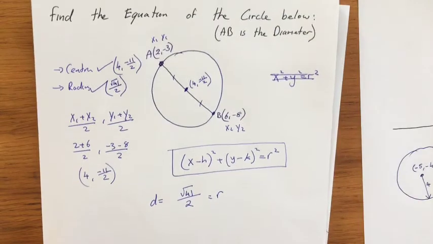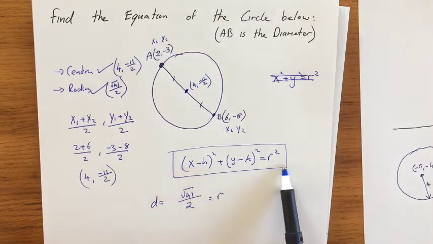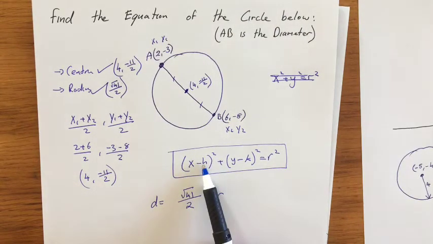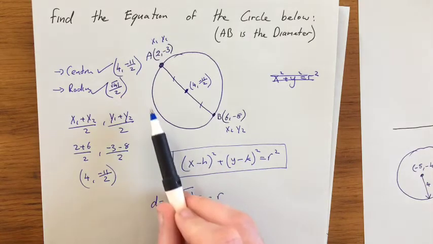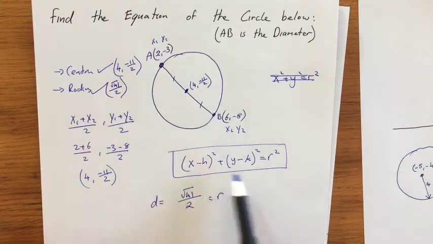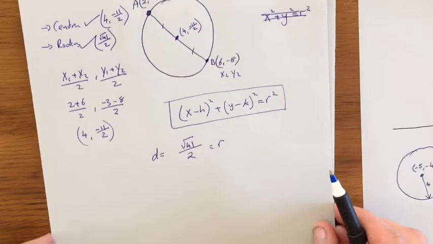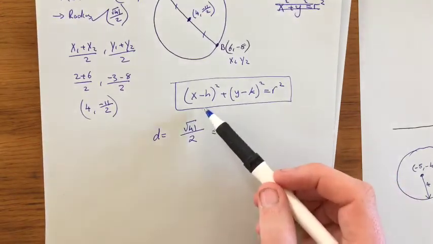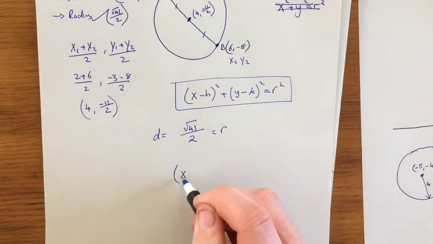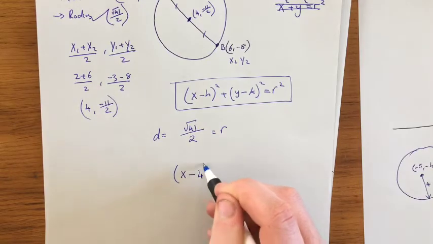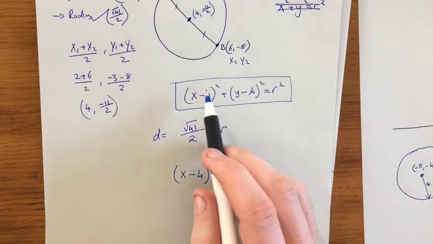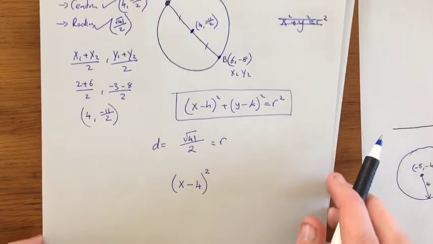So now to find the equation, I can just simply fill in this formula here. Again, h and k is our center point, and r is the radius. So basically, just to get the final answer now, I'm just going to fill in this formula. So it's going to be x minus 4 squared. Okay, h is my 4,